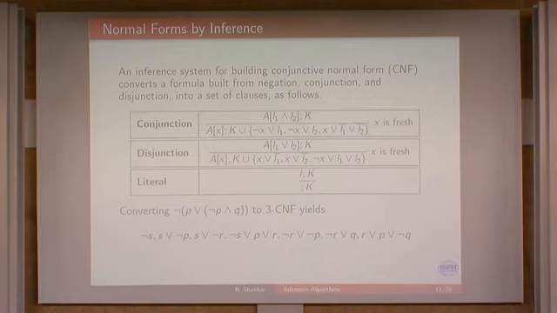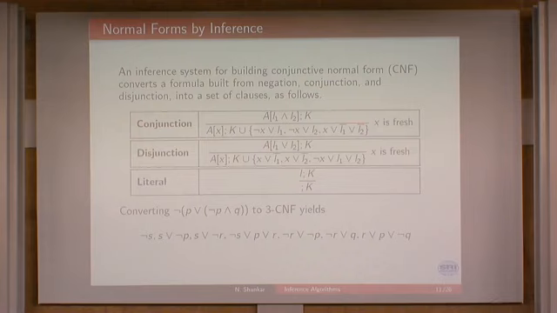So is all this making any sense? I mean, we've seen these two inference systems so far. So you can also compute normal forms this way. So this is the SAT conversion to CNF. So basically, if you see a conjunction of two literals, okay, so these have to be basically P or not P types of things, if you see the conjunction of two literals, you basically add to the clause set